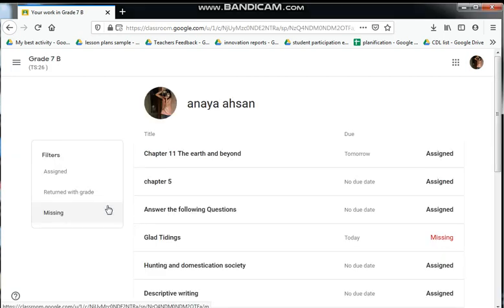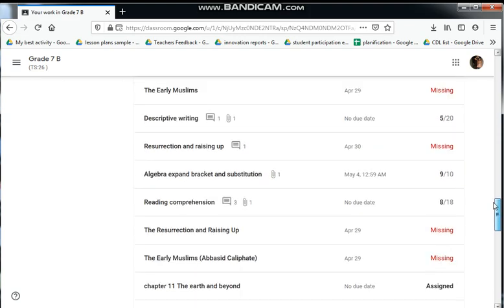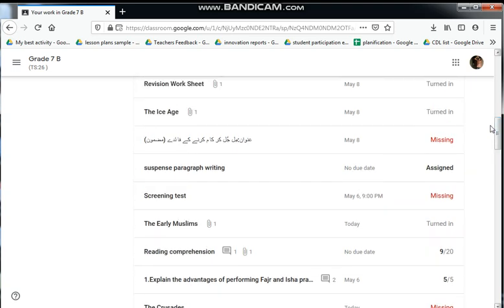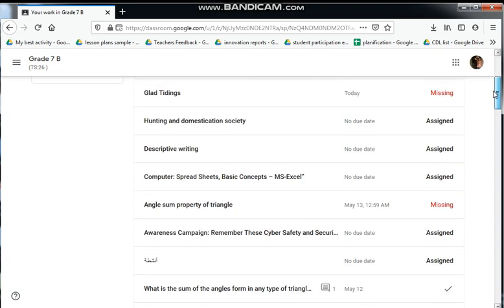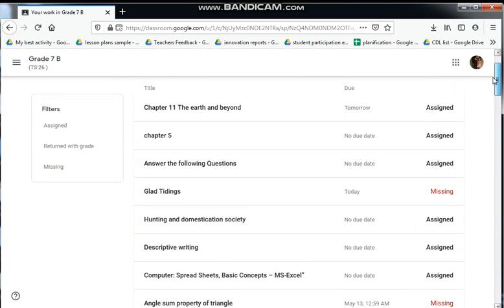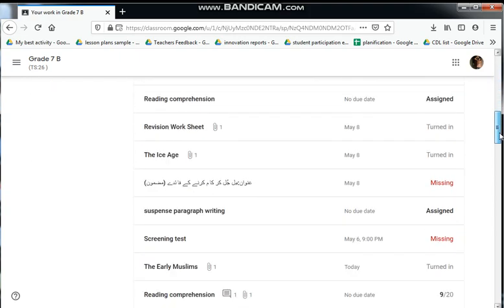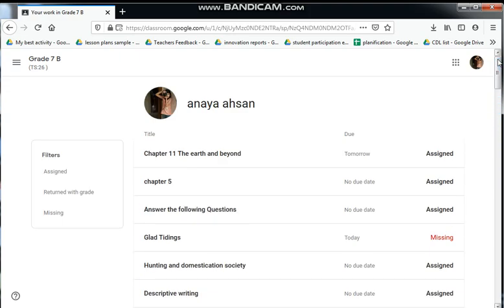Now when you click on your class, there is one link on the main page of your class. Just click on that link. Now this page will show you a brief view of how many assignments are missing and how many work and tasks you have to complete before your exams. You have to complete all the missing tasks so that you can get full marks in your upcoming results. This page is giving you an idea of all the subjects of the last 2 months, what you have done and how many marks you have gained.